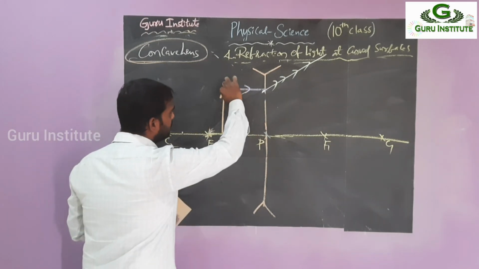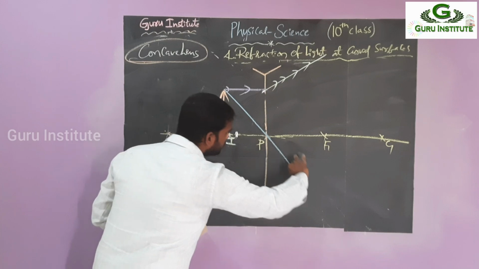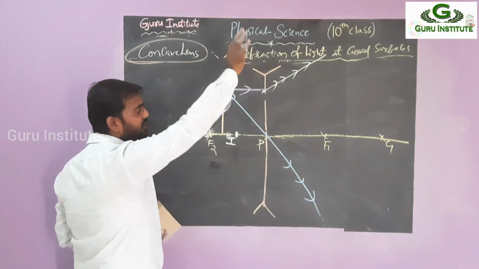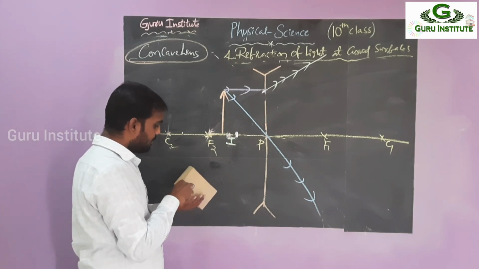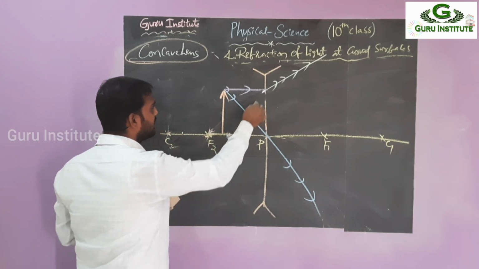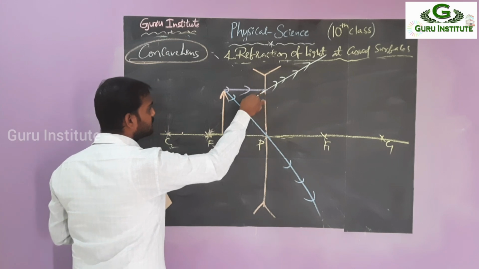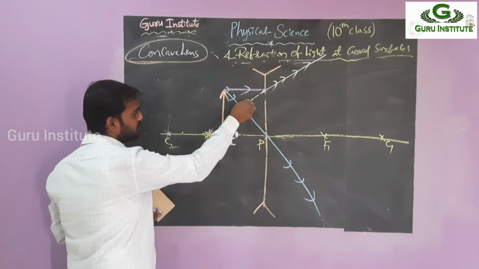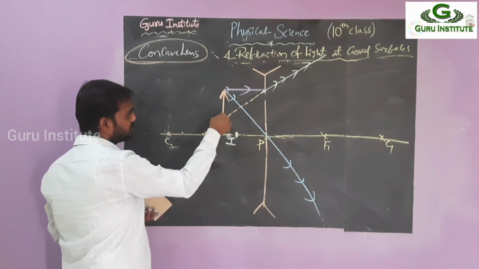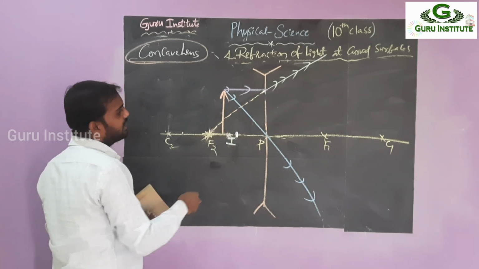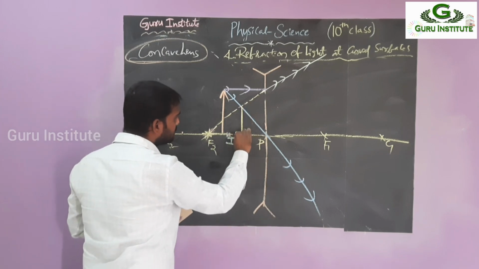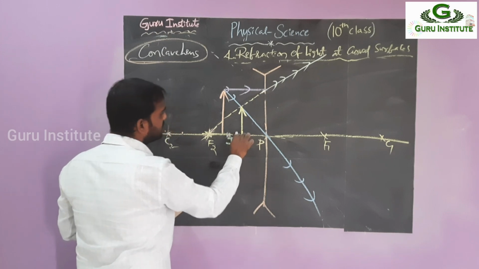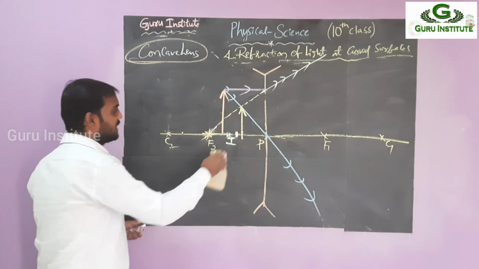So next, the pole. Again, if you see this one, what happened? Again, this is downward and that is upward. There is no meeting, so again you have to extend it to the back side. So where will we get it? This is the focus. See here. This is the point. Where they are met, here they are met. This is the image. This point is the image. So these total points are images.